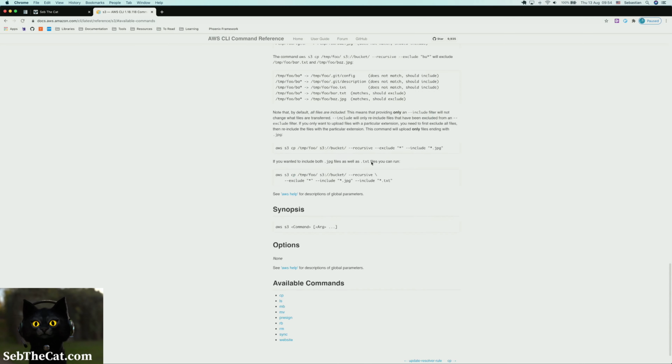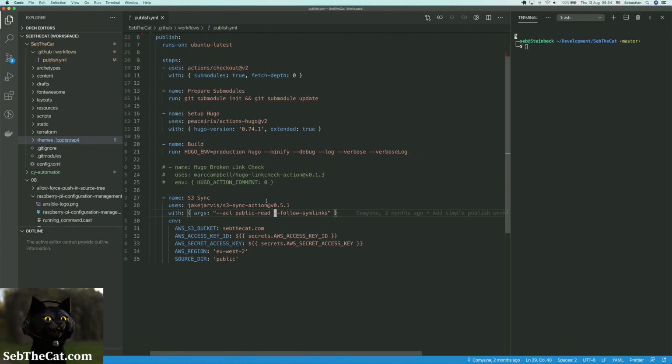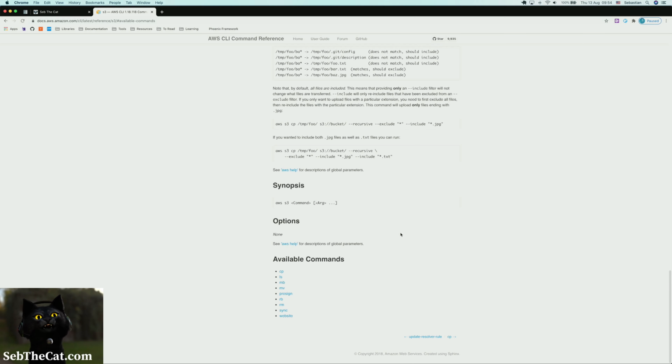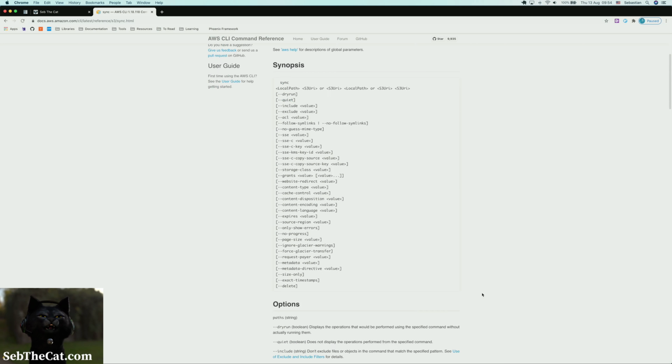So I guess we're going to be using a copy for that. Probably a sync, I don't know. Sync, yeah. Okay, so let's look at the sync command and see what additional options we have. So I think we can set metadata on that, which will allow us to